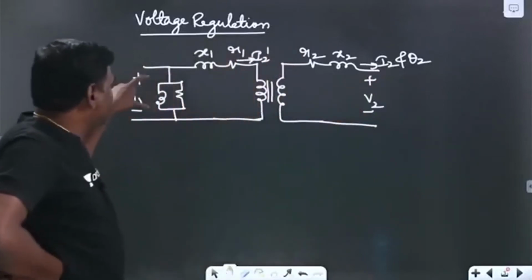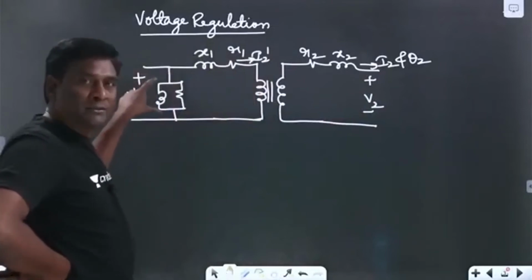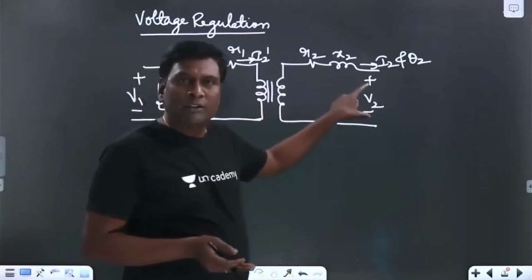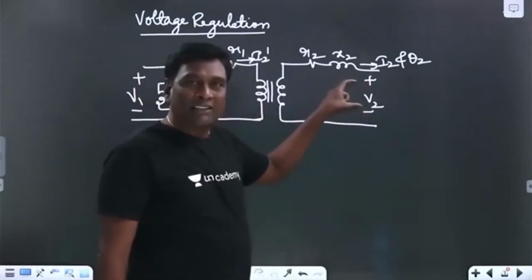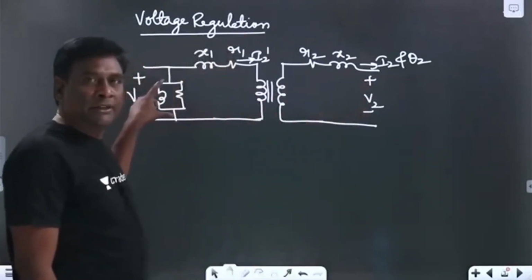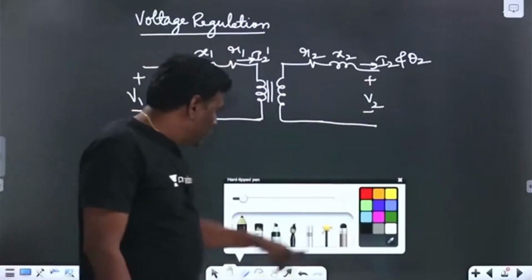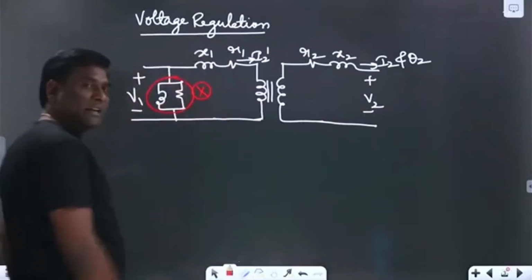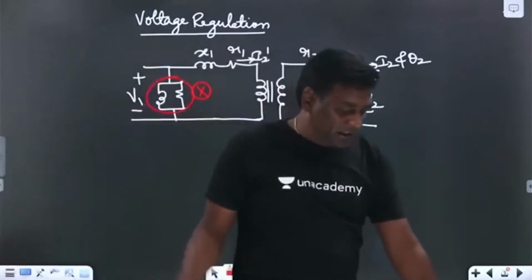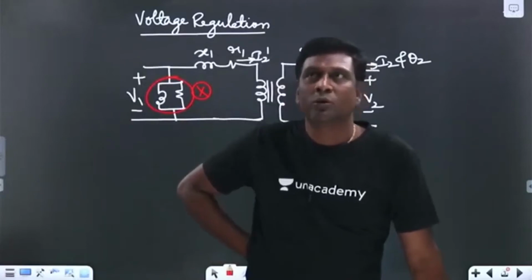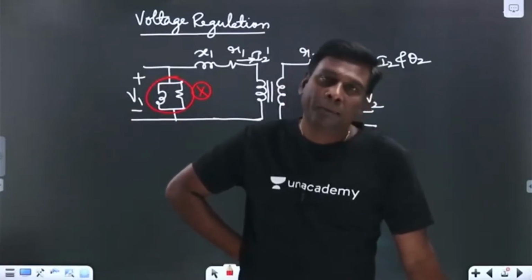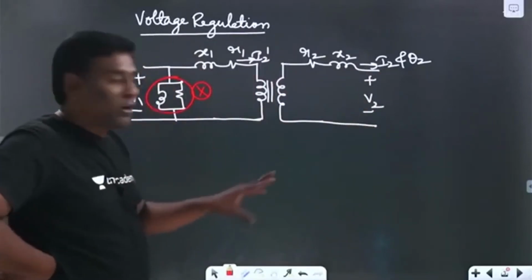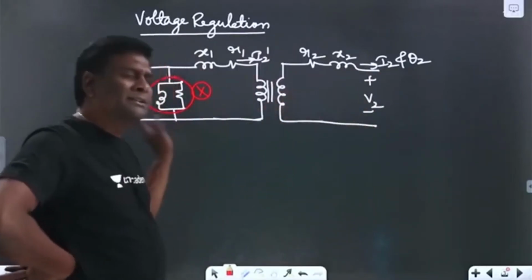But is the shunt branch playing any role in this terminal voltage variation? No. In terminal voltage variations, my shunt branch is not at all involved, so we can remove the shunt branch. Of course, at the end of voltage regulation we have one problem, of volt gate only, I think. There I will discuss. Anyway, the point here is very simple: the shunt branch is not going to be involved in any terminal voltage variation, so it can be neglected.